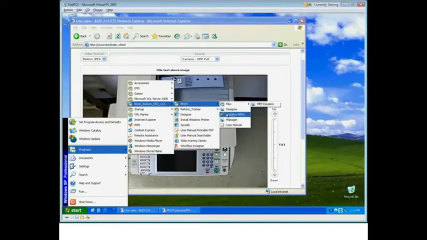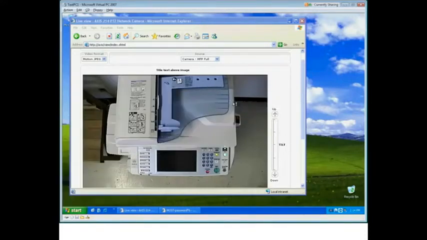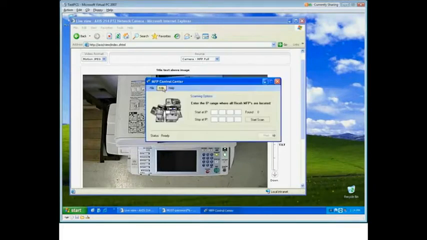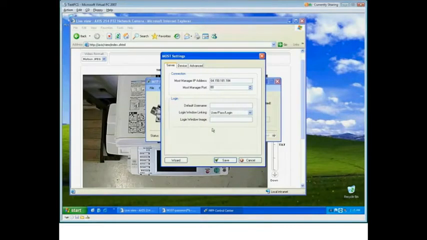Most, and I'm going to click on the Install to MFPs shortcut. Here you can see the Control Center, which is the tool used for installing most onto the MFP. So the first thing I need to do is configure the software. And to do that, I'm going to go to Edit, Most Settings, and in the Settings dialog, I'm going to